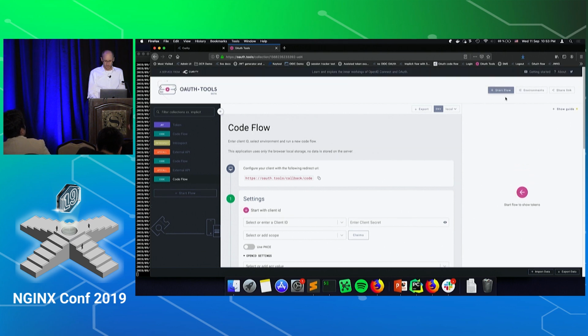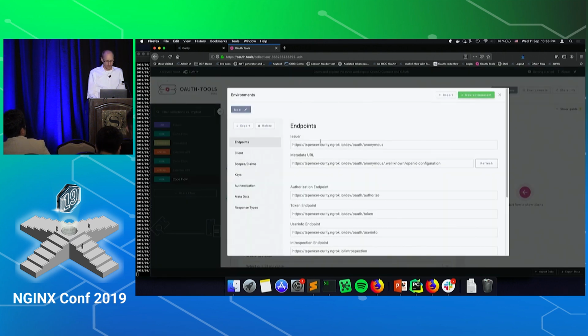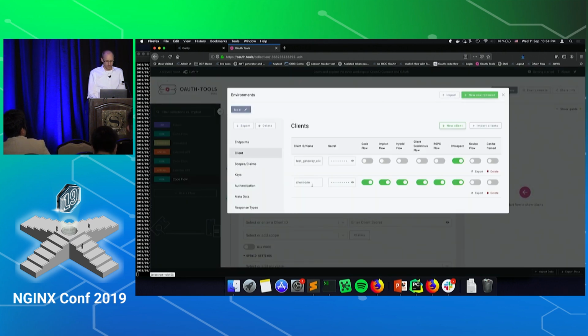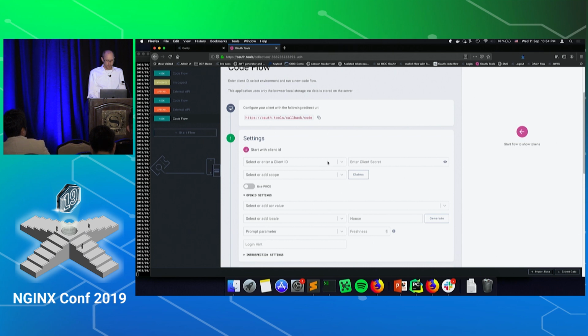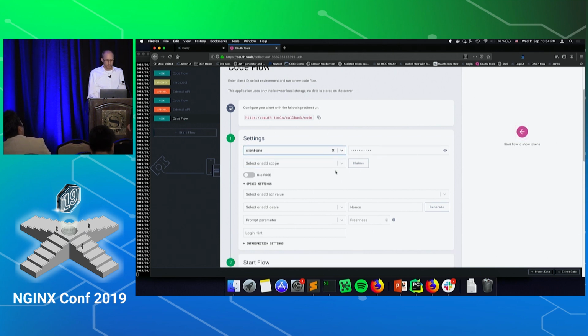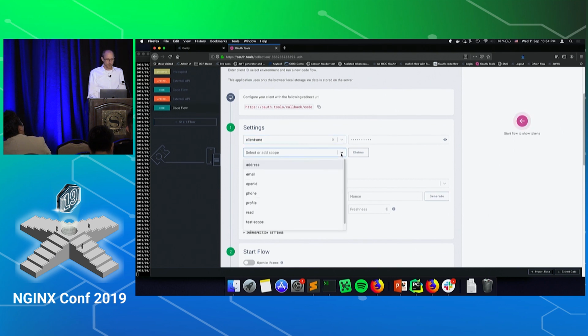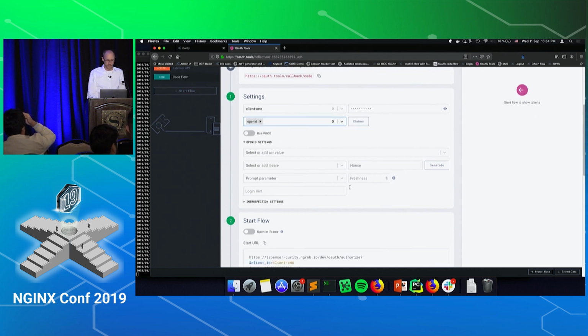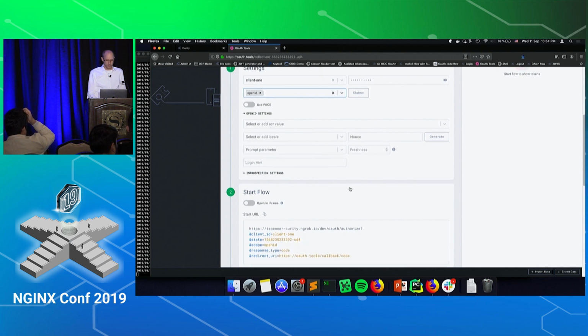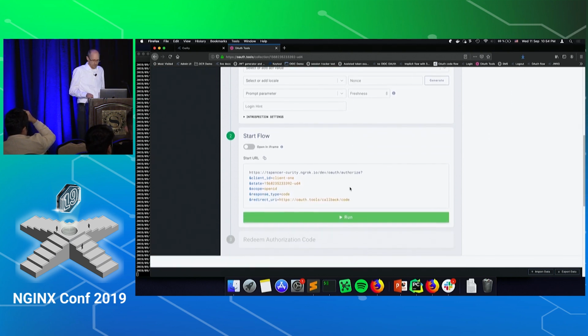And just like in Postman, you have different environments. I have one set up here with my different client applications and where my server is and all this stuff. Okay, so I'm going to start the code flow by picking one of my clients that can do that flow, one that I call client 1. And I'm going to pass one of those scopes. This is going to be used to authorize my API access when I start calling the API through NGINX. So here I have requested the API or the OpenID scope. So what this ends up looking like,